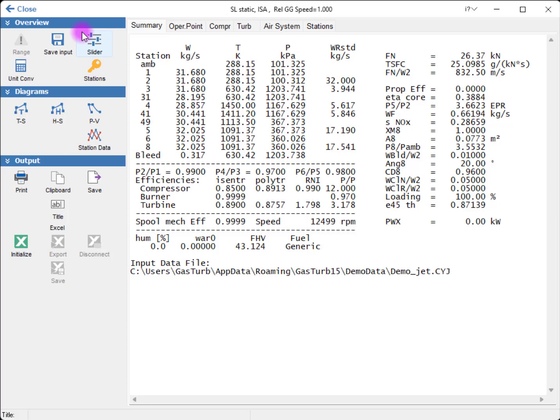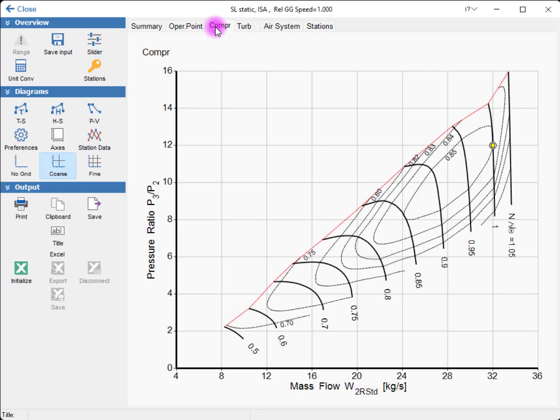Let us have a look at the compressor map. The compressor map shows the compressor efficiency and relative spool speed as a function of the mass flow and pressure ratio. The cycle design point is marked with a circle, whilst the yellow square marks the calculated off-design operating point. As we calculated the design point as an off-design point in this special case, they are identical.